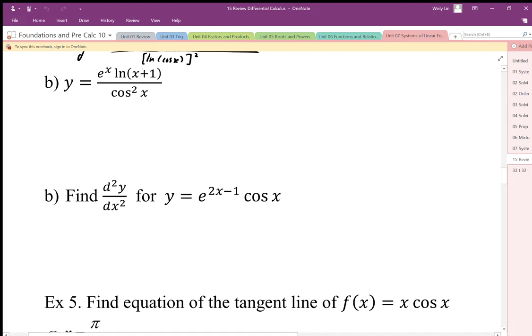In this example, we have a product rule, quotient rule, and we have chain rule. We have an embedded function. So in the numerator, I have a product of e to the x times log x, and in the denominator I have my cos x embedded inside the squared. So differentiating this,